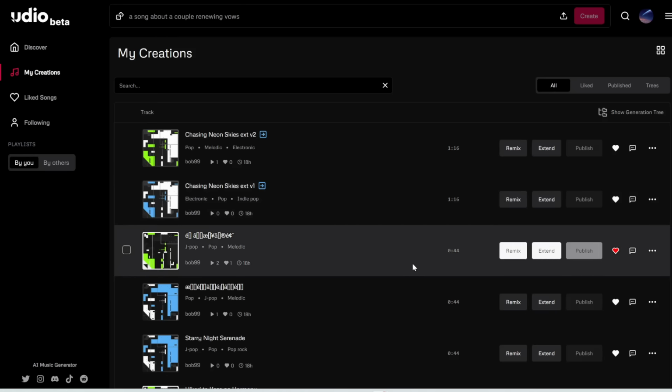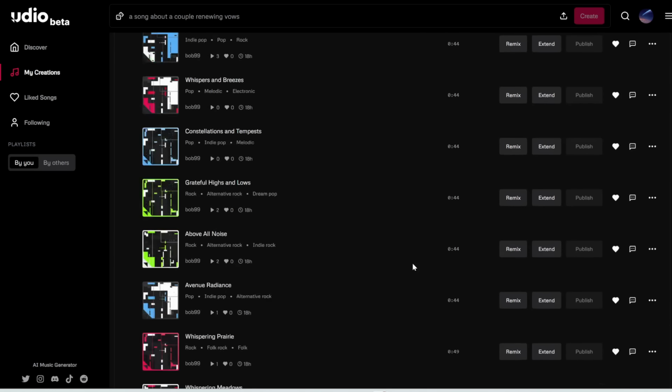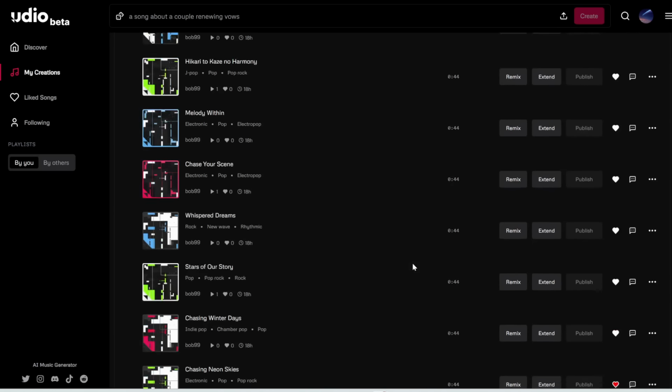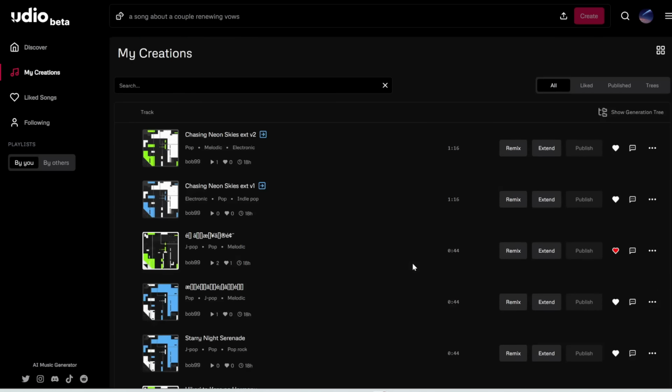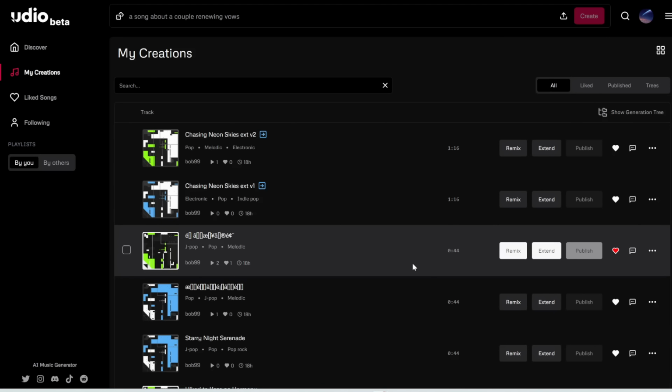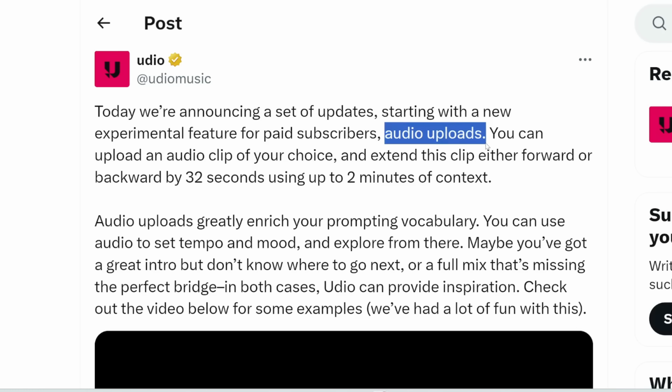What ends up happening is you need to spend a lot of credits and run a ton of generations, and maybe only like 1 to 5% of the generations actually turn out okay and usable. So this wastes a ton of time, it wastes a ton of credits, and you have very little control over the song. But just a few days ago, Udio released this audio upload feature, which lets you extend any song